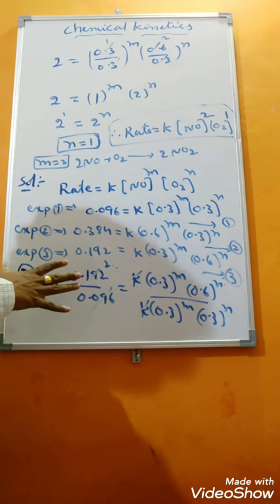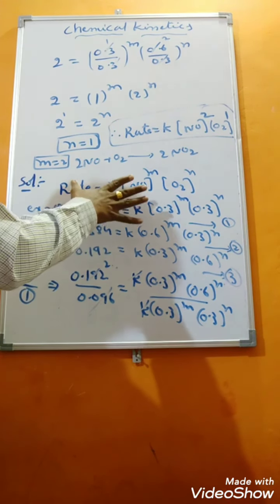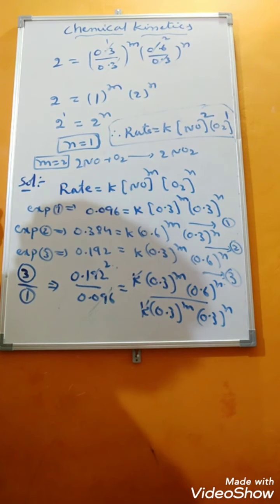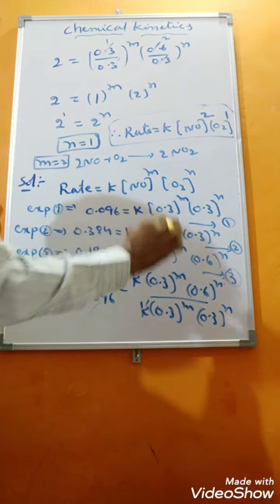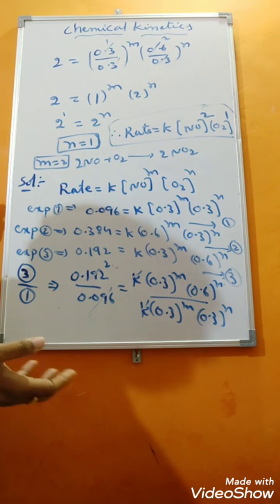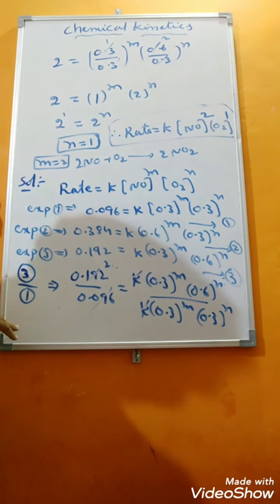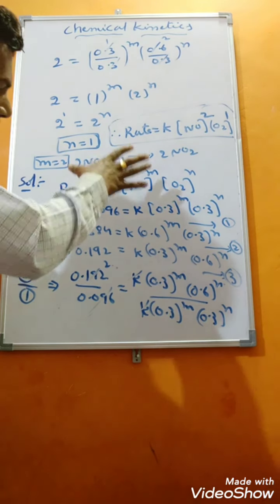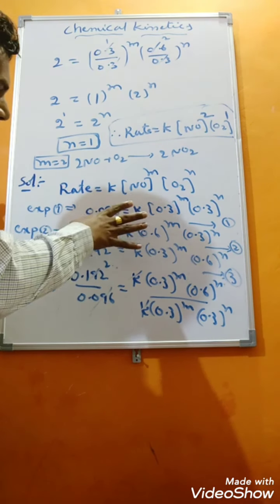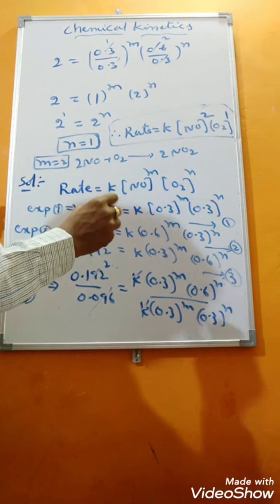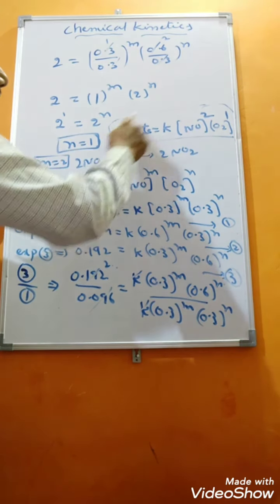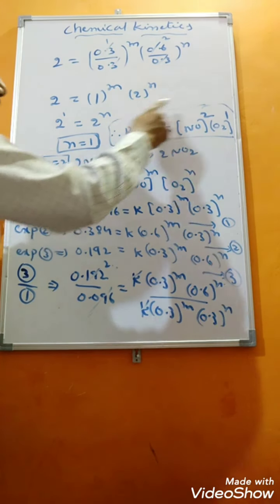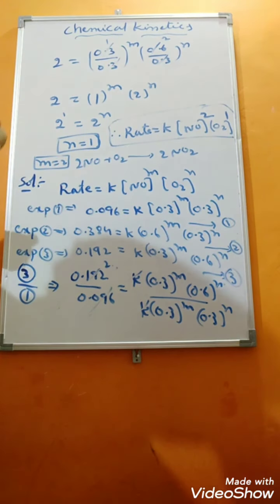Everybody understood this method, students? This method is very, very important. No need to solve like this, taking 1, 2, 3 expressions. After solving 2, 3 examples of the same model, you will get a grip on the subject. By looking at the data only, we can write the expression. While solving objective questions, you should not take this lengthy process. From a theory point of view, whatever it may be, we need to write. But from an objective point of view, you should not take this lengthy process. After solving 2, 3 questions, you should have a grip, and by looking at the experiment only, you can write the final rate expression directly. Like that you will get it easily.